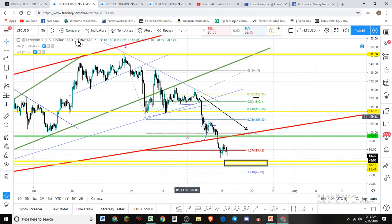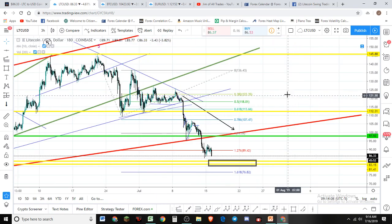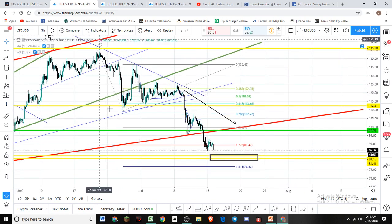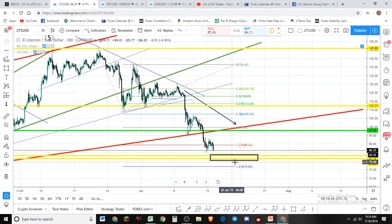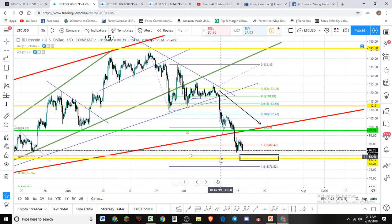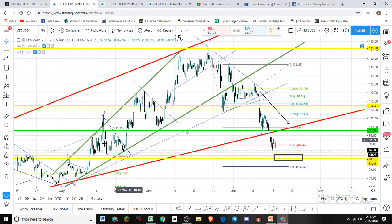If I'm interpreting this correctly, and I may not be interpreting it correctly, so understand that this could simply be an A, B, C. Yeah, it could be an ABC. This might be a double correction itself, ABC, and then we've got another ABC. The problem is we need to stop here. We need to stop here before the 1618. We need a good bounce if we're going to be bullish at all in our mindset right now. We need a good bounce off of this